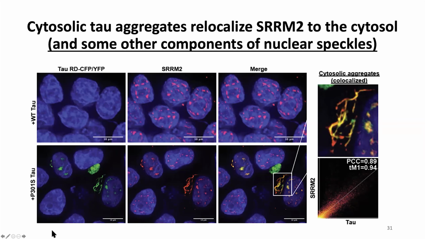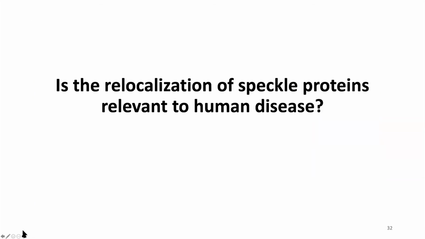All right, so the first question we asked ourselves, so that says that there's some interaction which causes proteins in the nucleus to move to these cytosolic aggregates of tau. The first thing we wanted to know, does this have anything to do with human disease? Because when you have a bizarre result that is new and different, the first thing you want to know is, is it important to the biology that you're studying? Because it could be some random thing that's just not that interesting. So in order to address this question,